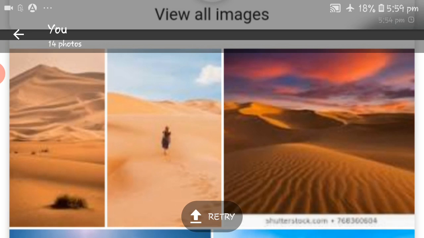Desert is nothing but an open, enlarged area which possesses characteristics like a little amount of water or scarcity of water, and vegetation is also very less.